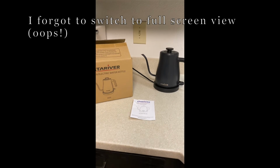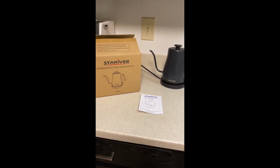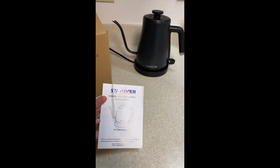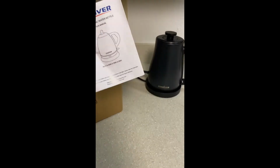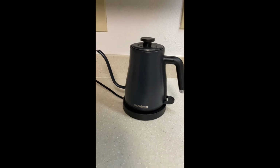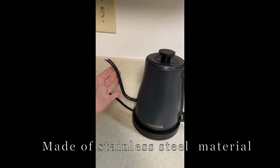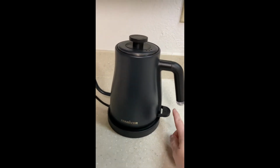Hi everyone, today I'm coming to you to do a review on this Stariver electric cordless water kettle. It comes in this box right here with an instruction booklet for you to read if you have any questions on how to use it. And this is the beautiful compact electric tea kettle. It has this nice little gooseneck, this power button right here,